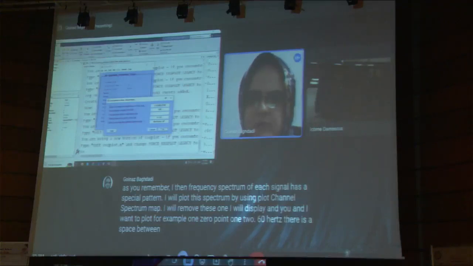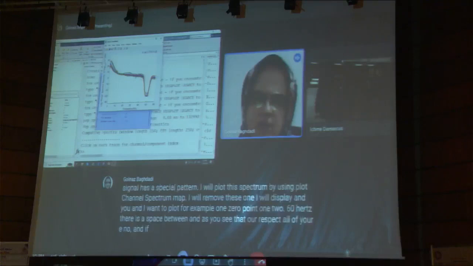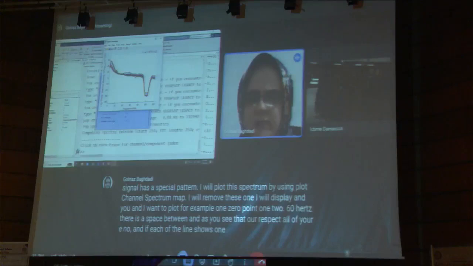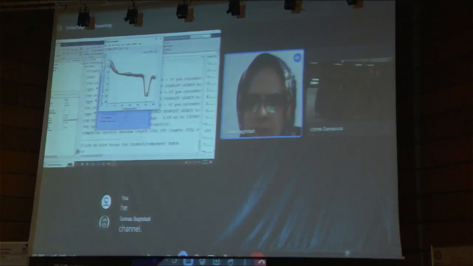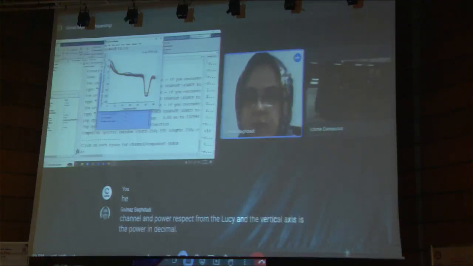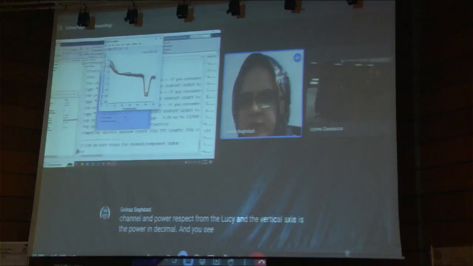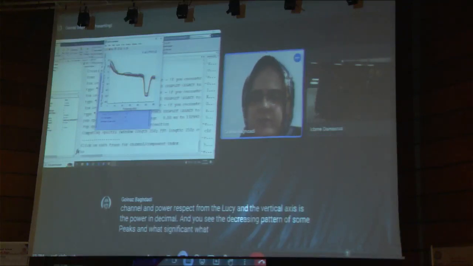And as you see, this is the power spectrum of your EEG signal. If each of the lines shows one of the channels, we have 19 channels, and each color is for one of the channels. The horizontal axis is frequency, and the vertical axis is the power in decibels. And you see the decreasing pattern with some peaks at 10 hertz, and a significant drop at 50 hertz,